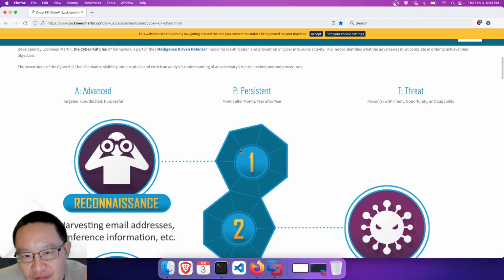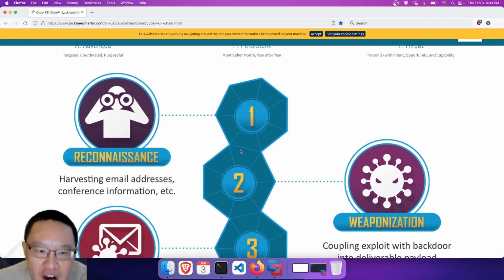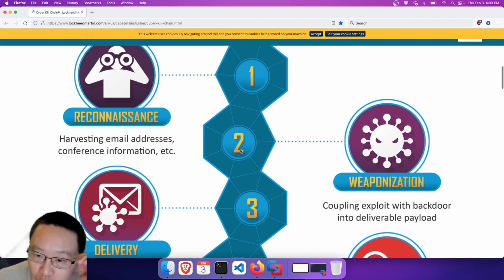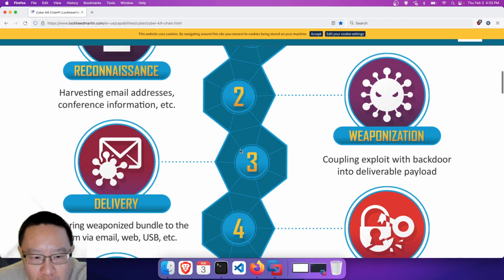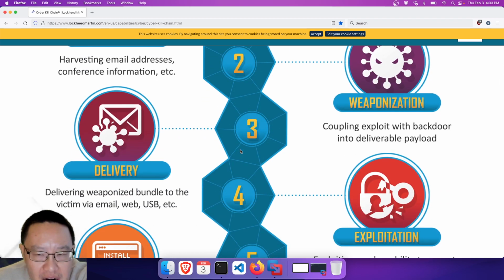Step number 1, by far and away, is reconnaissance, information gathering. Harvard's email addresses, conference information, you name it. Reconnaissance can be both low-tech or high-tech, or a combination of both. Doesn't matter. You just want to get as much information as possible about a target. Step 2 is weaponization, coupling exploit with backdoor into delivery payload. 3 is delivery, delivering the weaponized bundle to a